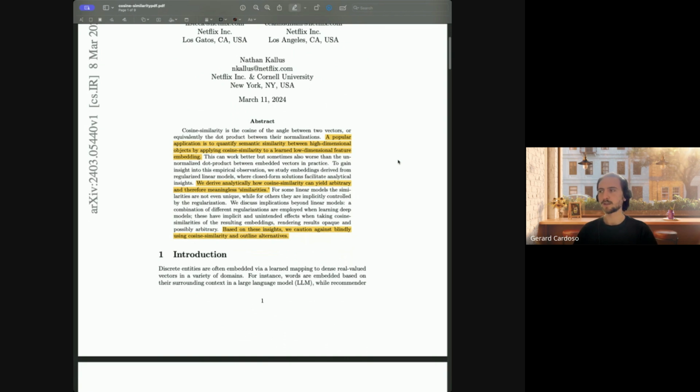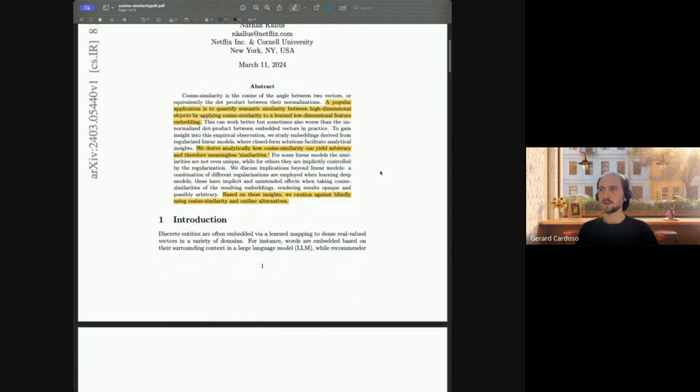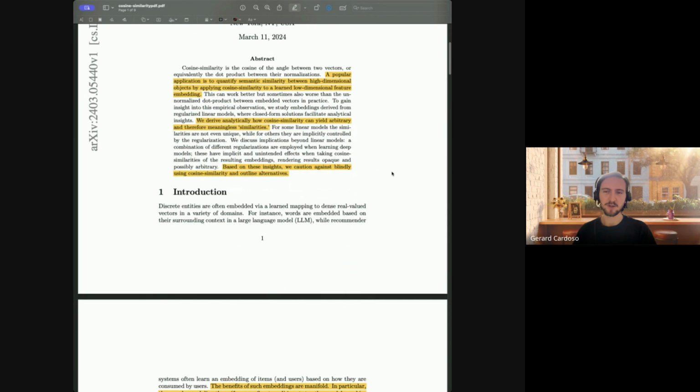How they do this is they run a small experiment which is quite simple but effective in showcasing that there are things in the way you train your model that can impact the effectiveness of cosine similarity further down. Based on this, what they advise is do not blindly use cosine similarity. I think the conclusion, which is kind of common sense, is that it probably depends on your use case. You might want to test different ways of measuring similarity. Don't just gravitate towards it